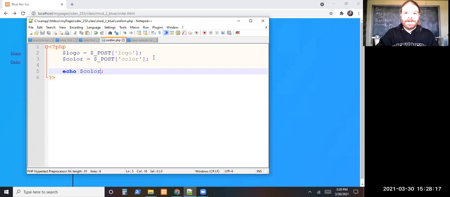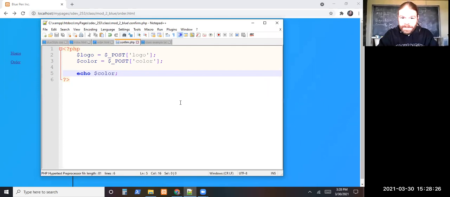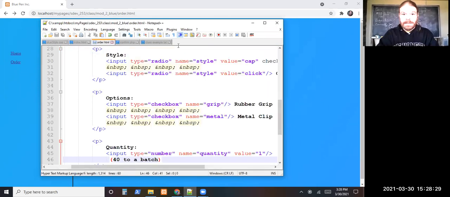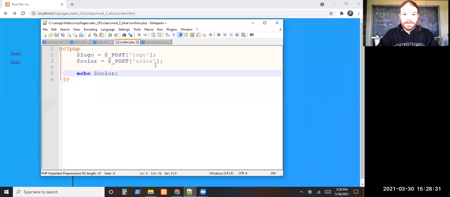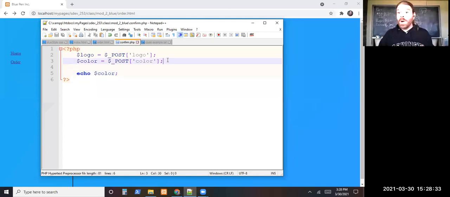So now we need to grab the rest of our stuff there. The next thing on the form, the color, is those radio buttons, which were named style. So once again, we'll grab them in the same way, which means copy and paste. Or in Notepad++, and I believe Sublime, I'm not sure about Atom, but in most of them, Control-D, as in dinosaur, is duplicate. So put your cursor at the end of the line and hit Control-D,